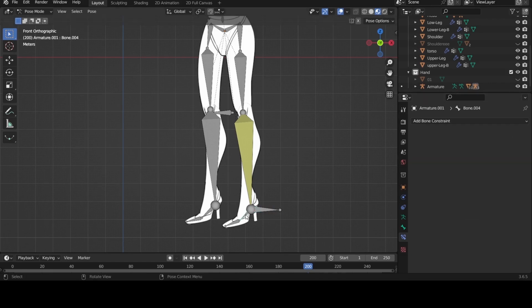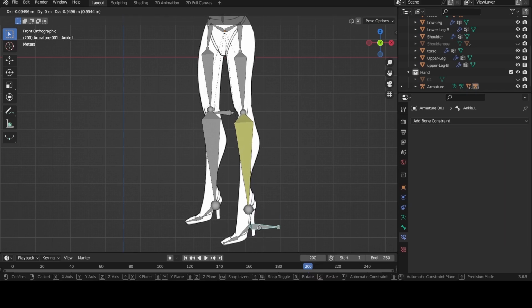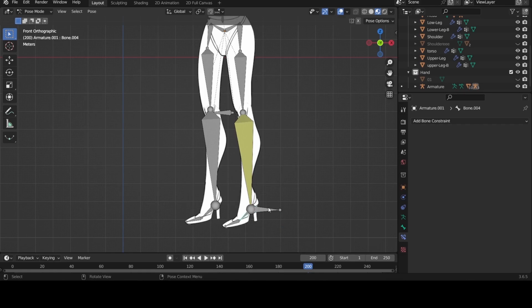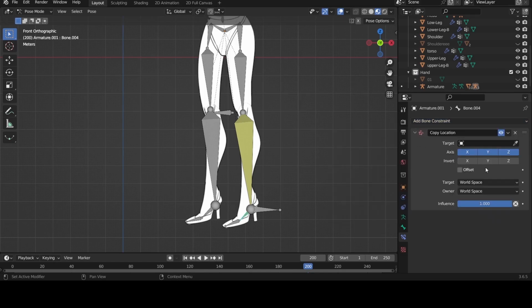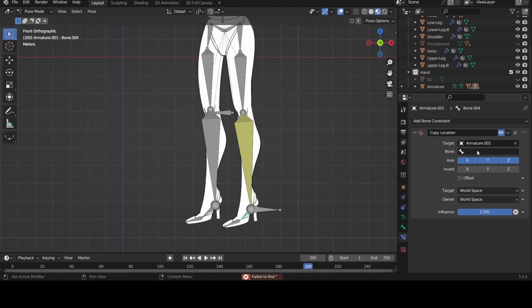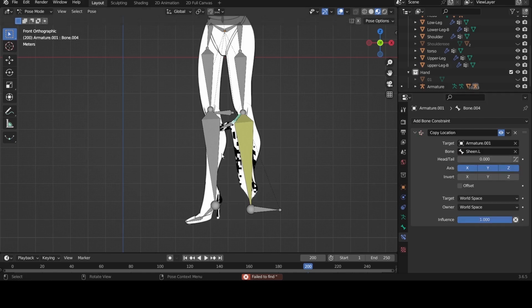Now this is the bone we're supposed to use to copy this location, because this bone was just created recently. So it's this bone that is disconnecting. So G, this is the bone that disconnects. This is the parent of this, so you don't do it with this one. So let's just select this, and then we'll come to copy location, click copy location, and then we'll add our armature. That's the bone. And then we add our bone, that's the shin L. So shin L. And now boom, it has jumped to this location,